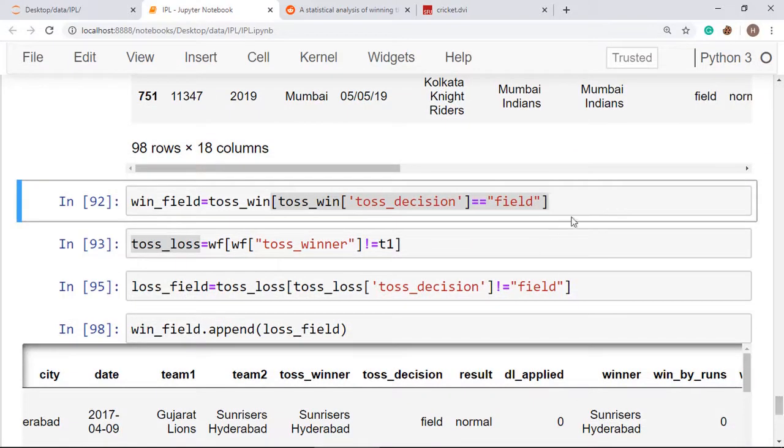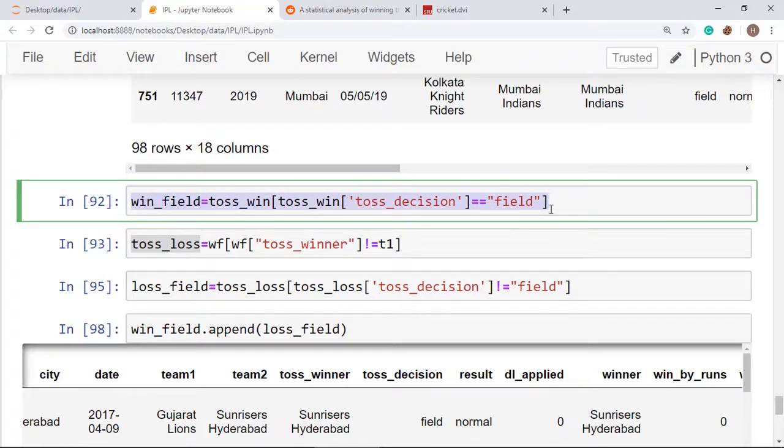And now I am going for the verification that in the toss win we have all those rows where Mumbai Indians is taking part in the game and won the toss. All right, and in that we are checking whether the toss decision is field or not. If they have opted to field, in that scenario Mumbai Indians is batting in the second inning. So we have collected all those things and stored them in a data set named Binfield.